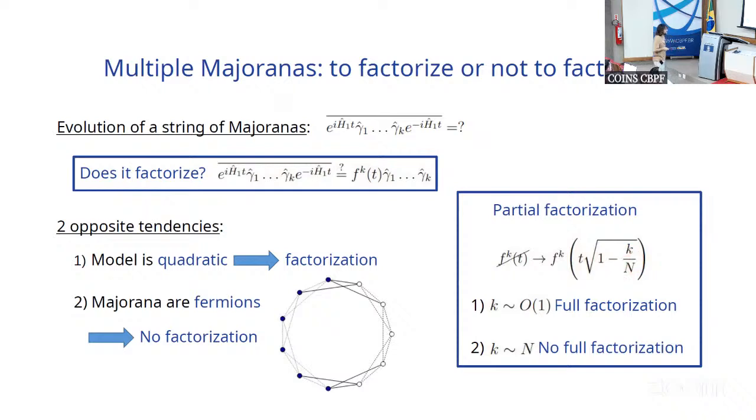So we see that if k is of order 1 in the large N limit, we get exactly full factorization, which is natural, because if the graph is infinite, the possibility that a Majorana wants to hop to a place where there is another Majorana is very small. So in the large N limit, if k is fixed, factorization should be at work. But if, as in the SYK model, in our battery model, we want k scaling with N, this 1 minus k over N becomes finite in the large N limit, so you have to keep track of this. So far, so good.